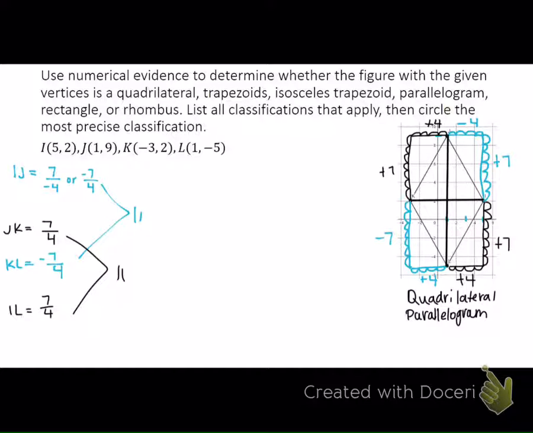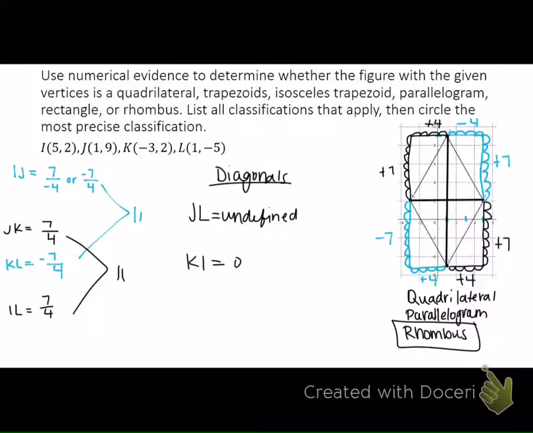What do you notice about our diagonals? They're vertical and horizontal. So the diagonals, a vertical line, which is JL. The vertical line has a slope of what? Who knows the slope of a vertical line? Undefined. And KI is a slope of 0. So we just found the slope there. So that makes this a rhombus because those are perpendicular. All right. I'm going to get